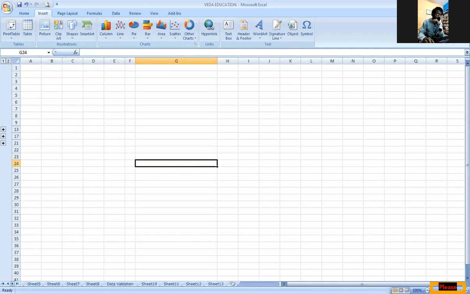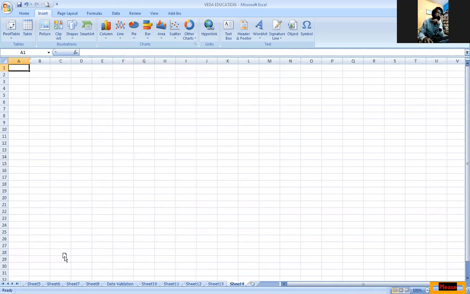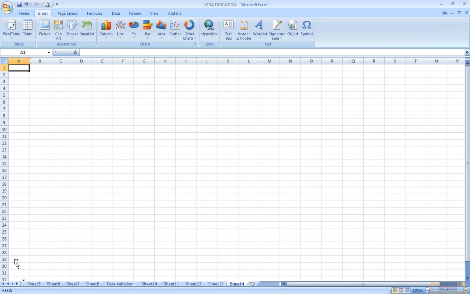I'm going for a new sheet here, and this new sheet can be created.